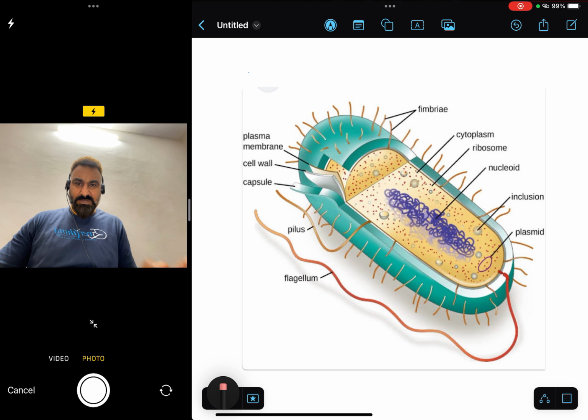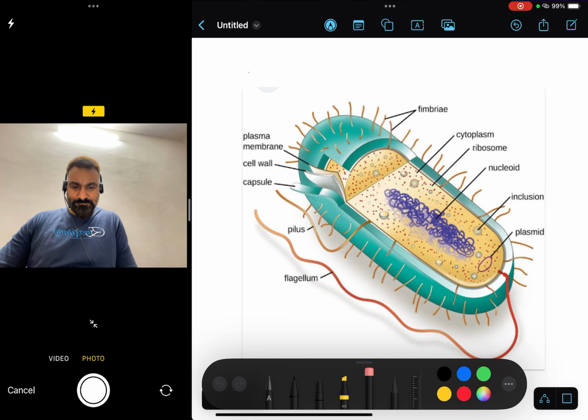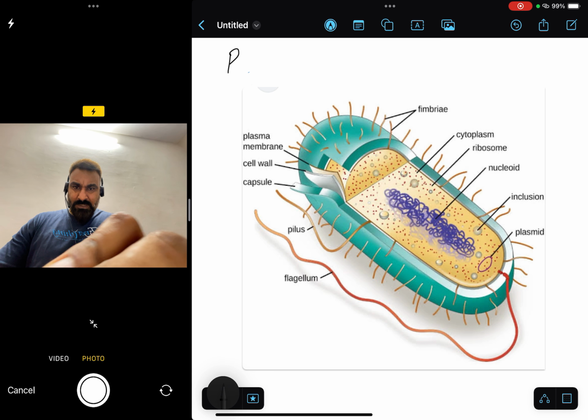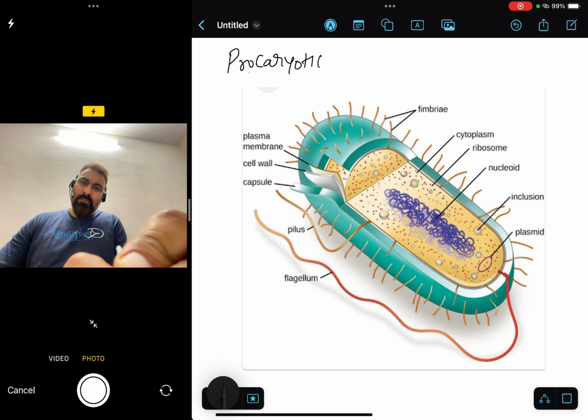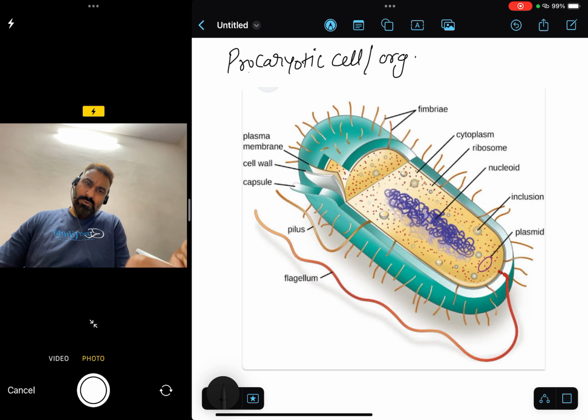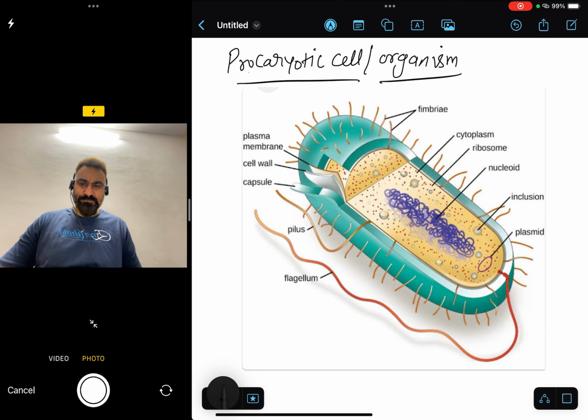Today we will discuss the prokaryotic cell. What are the characteristic features of a prokaryotic cell or organism? First of all, we will see the structure of a prokaryotic cell, which is in front of you, and